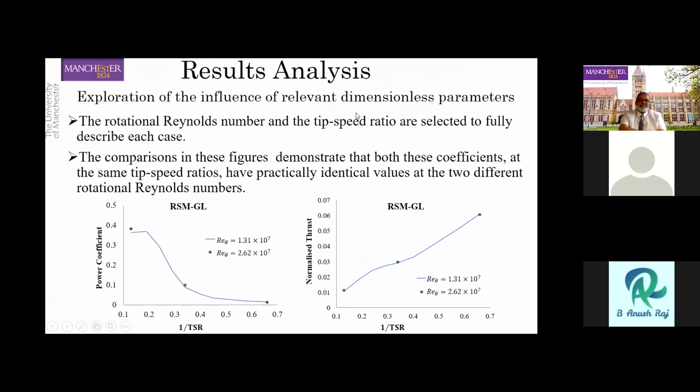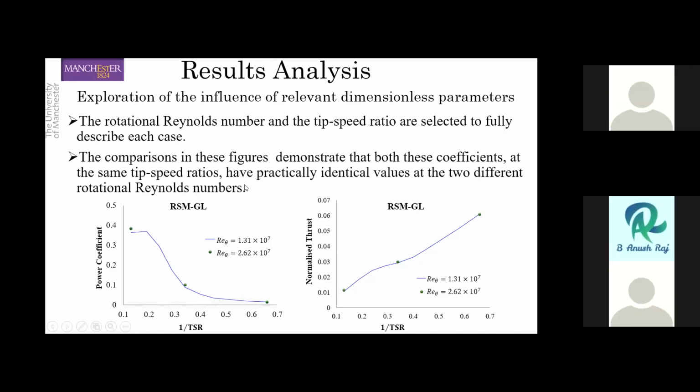For the exploration of the influence of relevant dimensionless parameters, the rotational Reynolds number and the tip speed ratio are selected to fully describe each case. Here we can see these two figures for comparison, and these figures demonstrate that both these coefficients, at the rotational Reynolds number and the tip speed ratio at the same